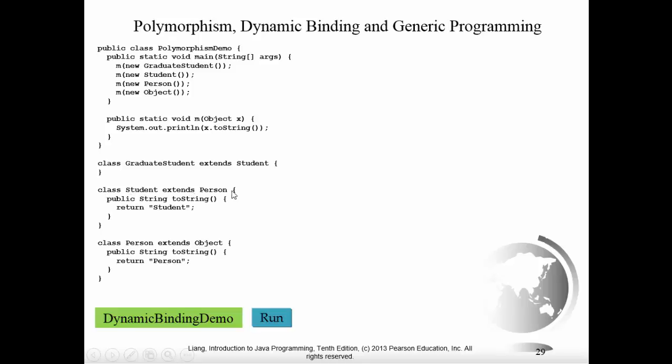Our student class extends our person class. Our person class extends the object class and overrides the toString method. So our person returns a string person. Now our student overrides the toString method and returns a string student. And finally,